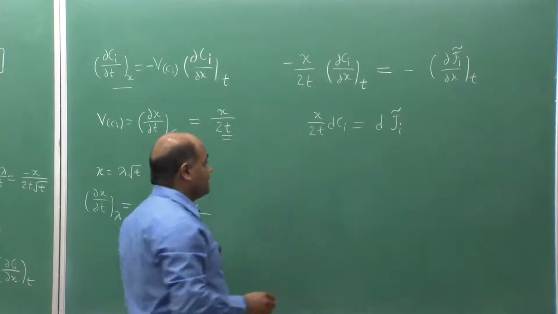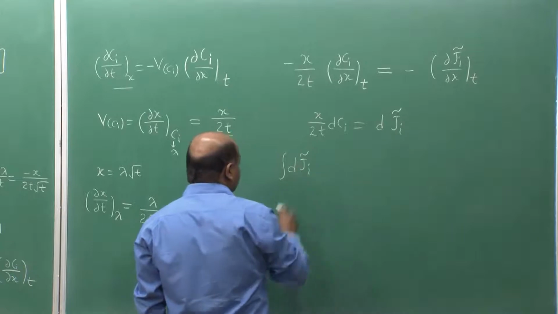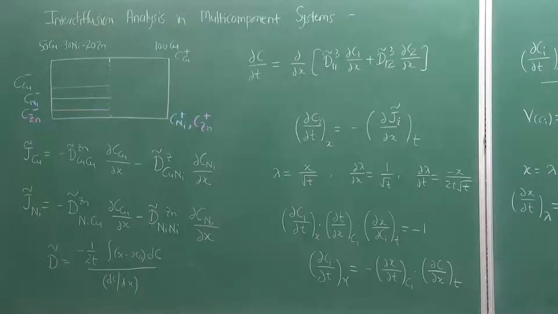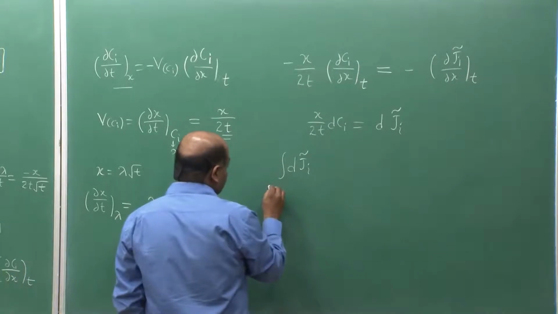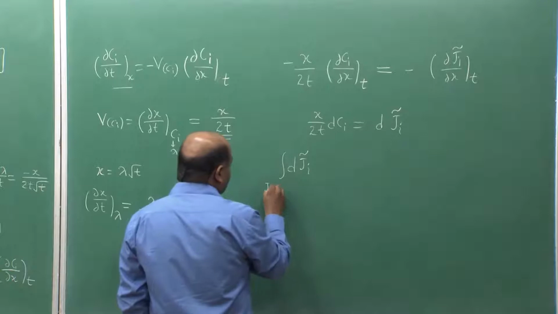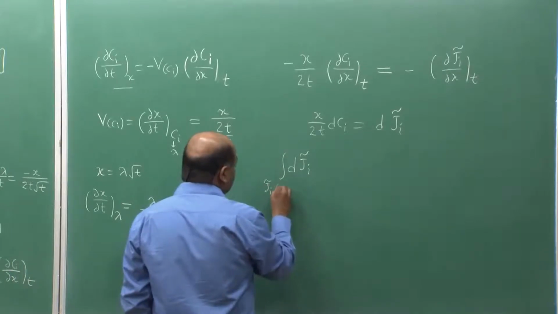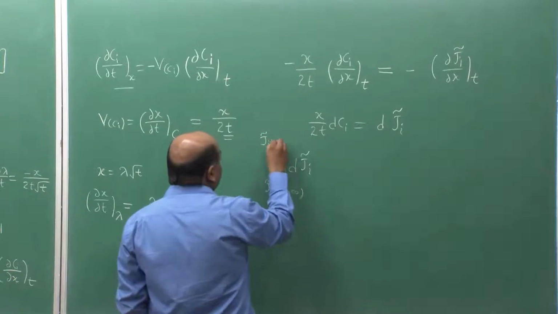Now, if we integrate both sides from the left terminal to the desired x, we get J̃i at x equal to minus infinity to J̃i at x